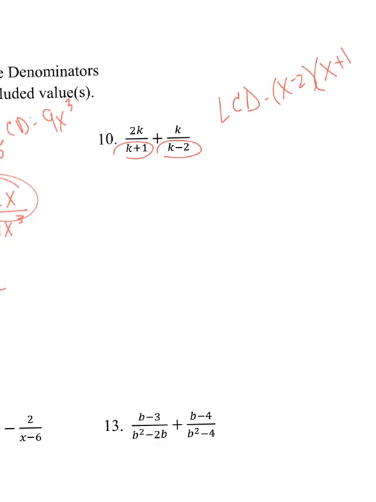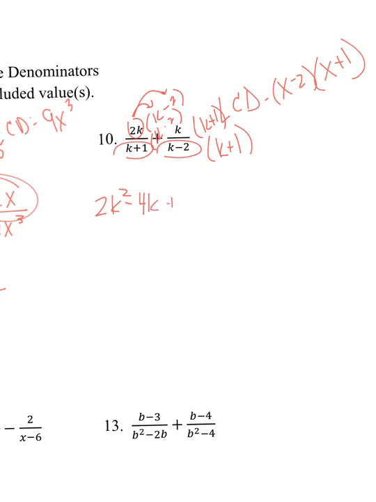Plus 1. So this first one, I'm going to multiply numerator and denominator by k minus 2 over k minus 2. This second one, I'm going to multiply numerator and denominator by k plus 1 over k plus 1. So here it's really important to remember to distribute these values here. So this 2k times the k minus 2. So when you do that, you're going to get that 2k squared minus 4k,